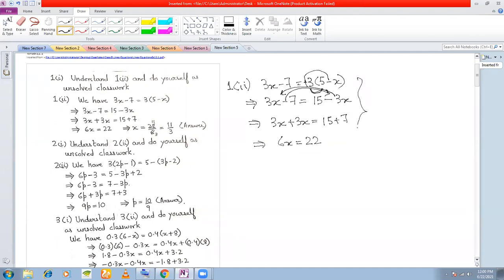So this entire thing that we have done here till this is step 2, right? And finally, the third step will be to make the coefficient of x as 1. So how do you make it 1? 6x by 6 is equal to 22 by 6. Normally we don't write this step. I'm sure you have done it directly. Okay, but this is the way you are actually doing. You divide both sides by 6 to get x is equal to 22 by 6. And now we cancel the common factors, 11, and this cancels with 3. So your solution is x is equal to 11 by 3, and this completes your step 3.